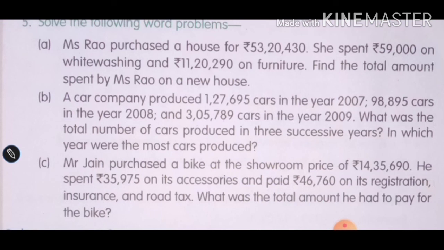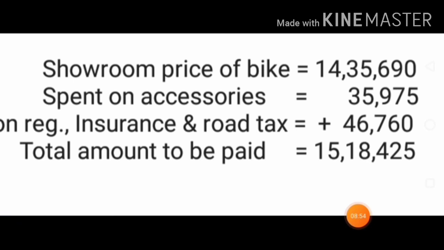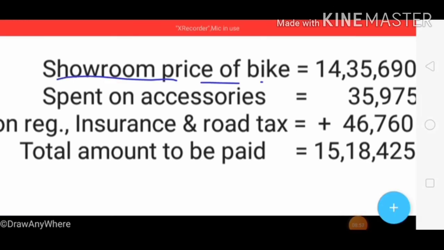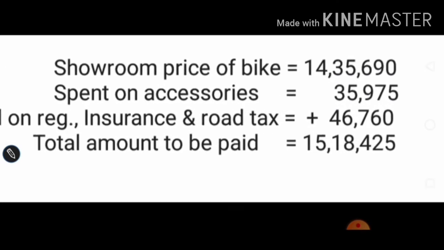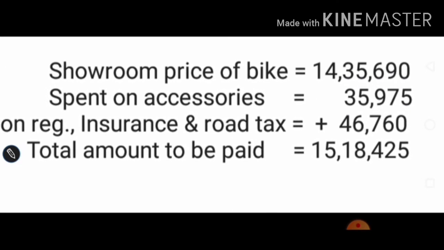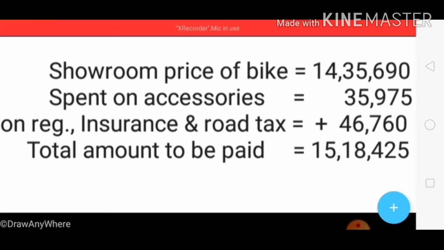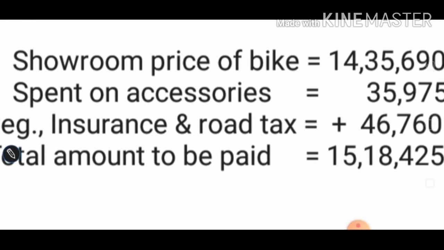So let's see how we will do it. So we can write the showroom price of the bike. Next, spent on accessories, and we can write money paid on registration, insurance and road tax, combinedly it is 46,760. Now total amount to be paid. So we have to add all the three amounts and we get the answer 15,18,425. So students, I hope you have understood these questions,